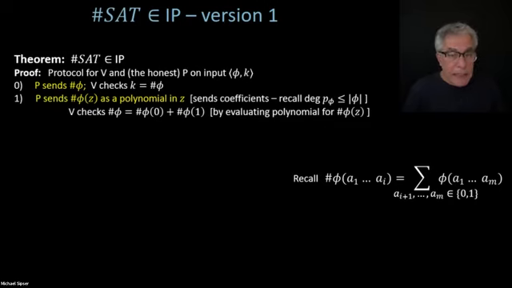Okay, so let's stop here and let's see other questions. So is the size of number phi, I don't understand. So this question is about the size of number phi. Is it 2 to the m? No, it's not 2 to the m, because the degree of that polynomial, number phi of Z,